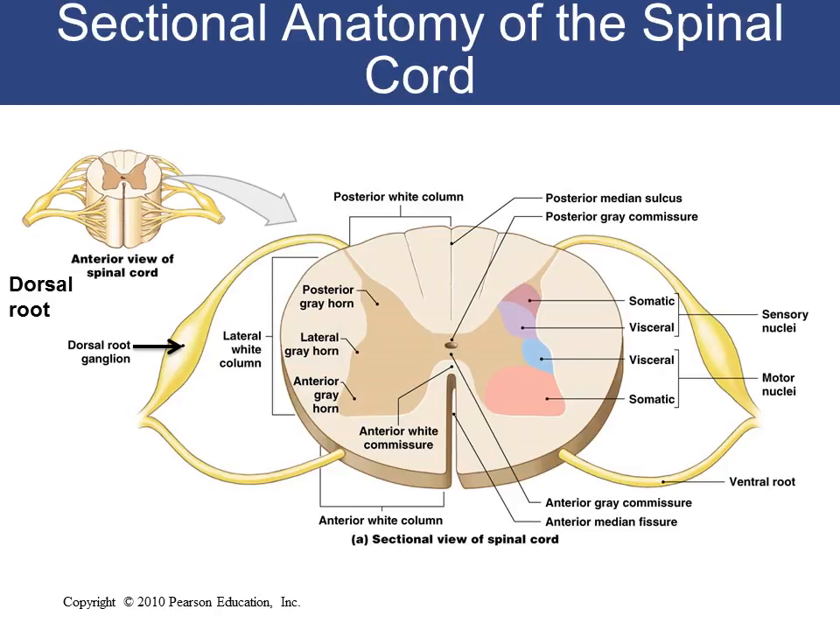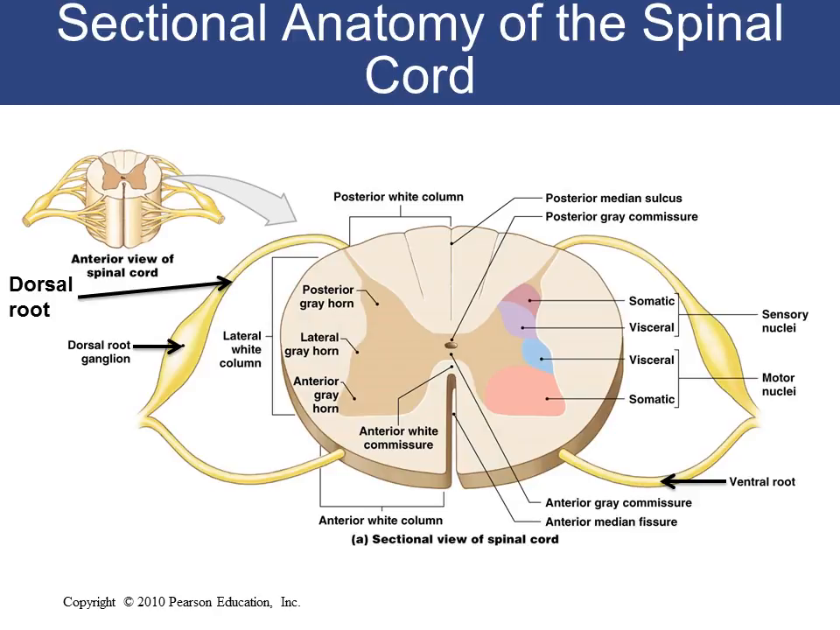Axons of these sensory neurons enter the spinal cord via the dorsal root. So the axons of the sensory neurons in the dorsal root ganglion enter the spinal cord through the dorsal root. And we have the second root of the spinal cord called the ventral root. This ventral root contains the axons from motor neurons that carry information from the cell bodies in the CNS to